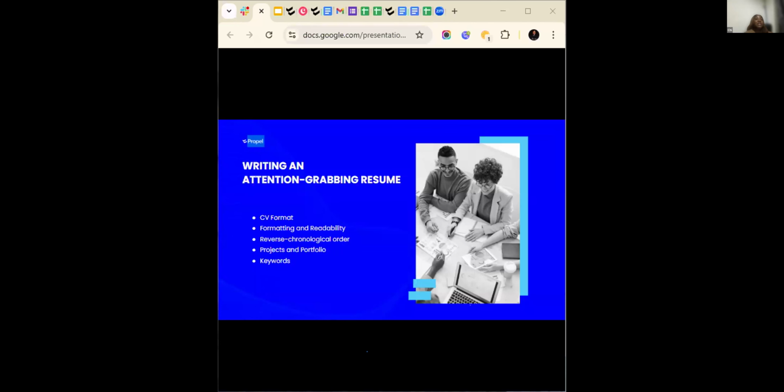Now, for talents that do not have a lot of experience, or that do not even have experience and are just starting off, you can just highlight your career goals. You can talk about what you're looking to do, or you can also talk about other skills you have acquired, and how you're looking to apply them in your next role. I don't know if I'm communicating. Now, this should not be more than one paragraph, like I said earlier. Just keep it very, very short.